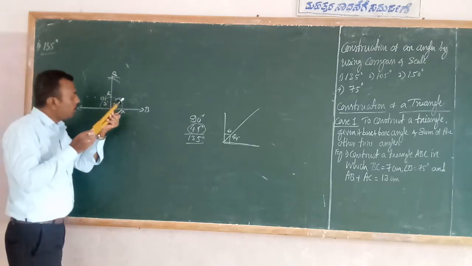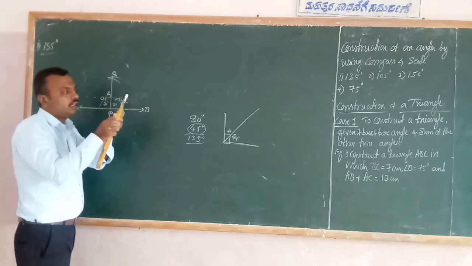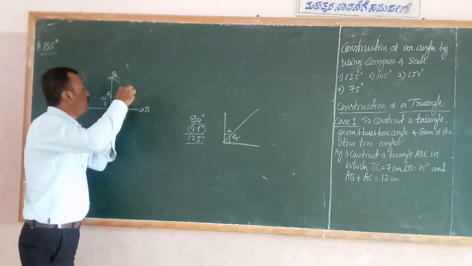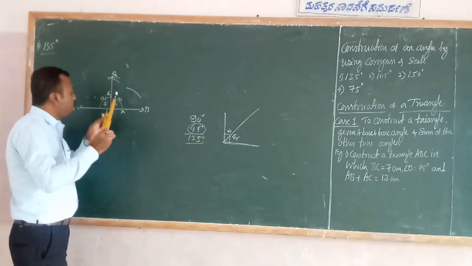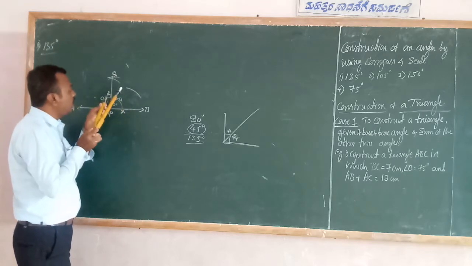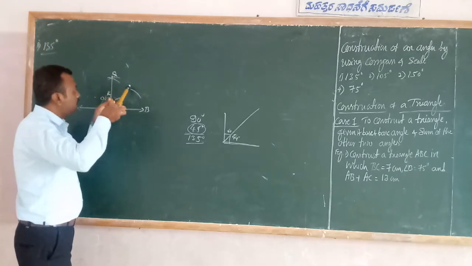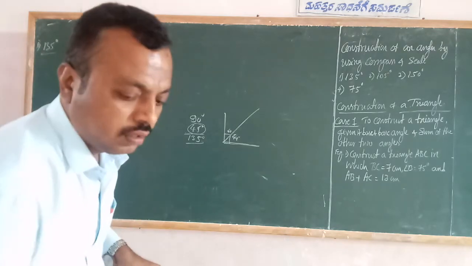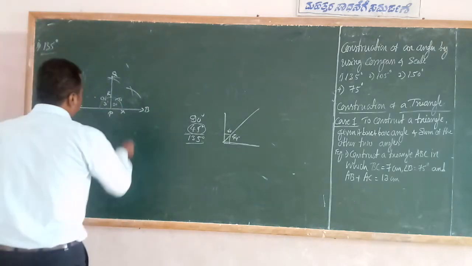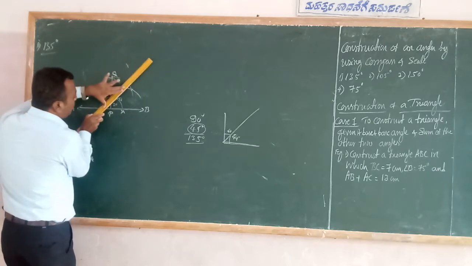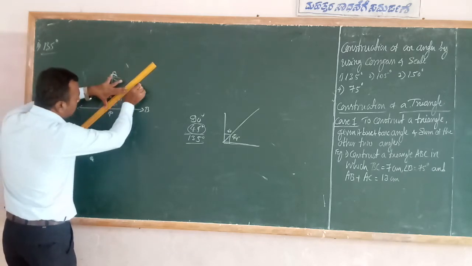Okay. Keep on the point M. Take any radius. I will bisect the angle QPB. Keep on the point M, I will cut one arc, and keep on the point K and cut the previous arc. So now we have to join this arc intersection point. This intersection point you have to join to P.